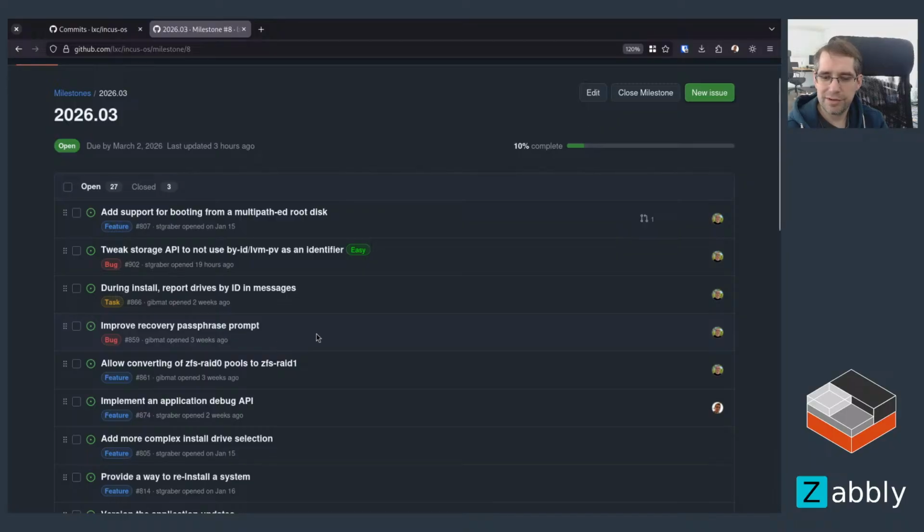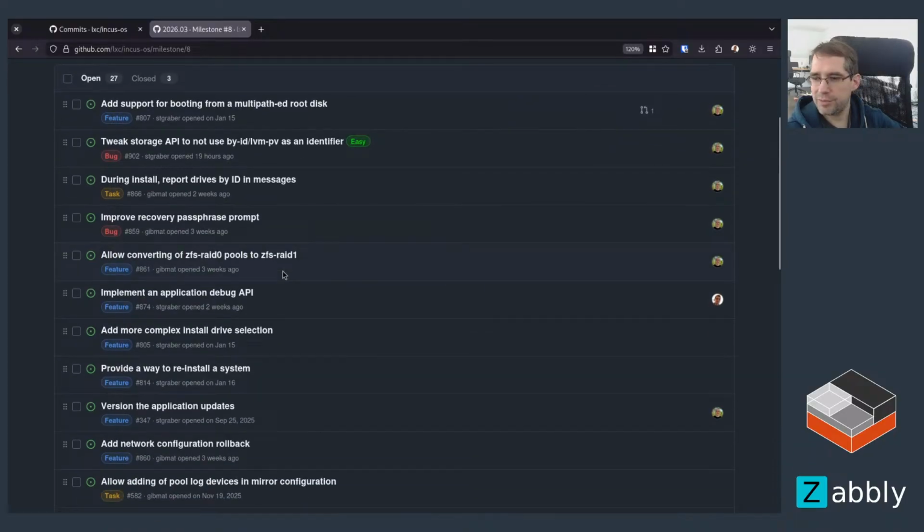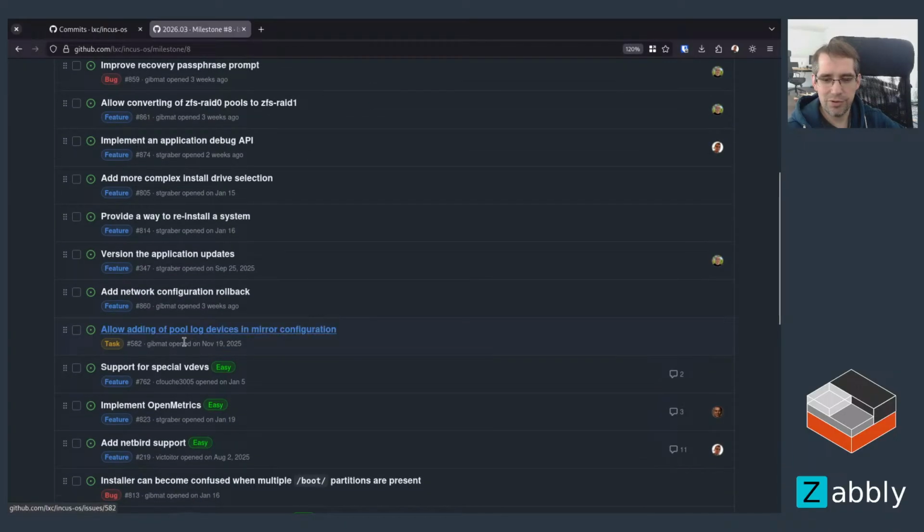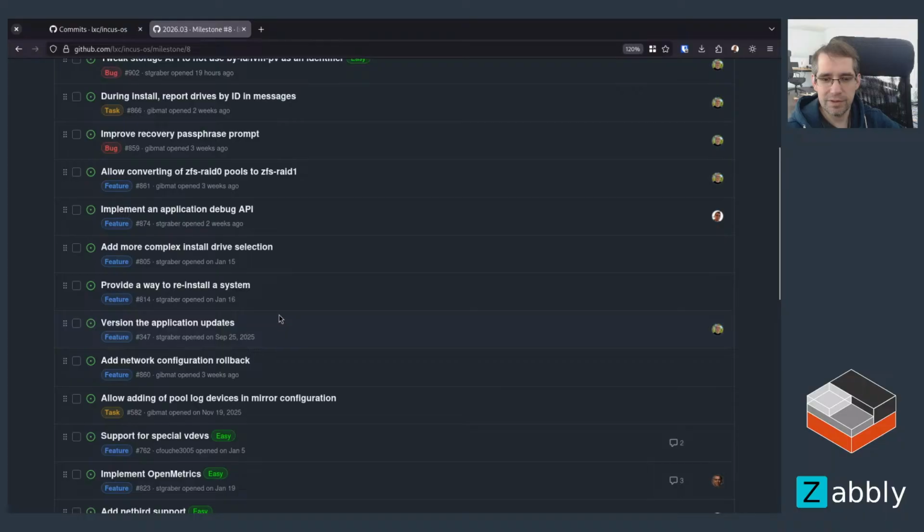So effectively allowing converting a standalone RAID 0 single disk pool into a mirrored RAID 1 pool. And there's some more storage stuff that Matthias will be looking at. So there's this one, then drive selection, way to reinstall the machine. There's some more stuff done here, like pull log device, special VDEVs. So we've got a bunch of storage related stuff that we want to look at